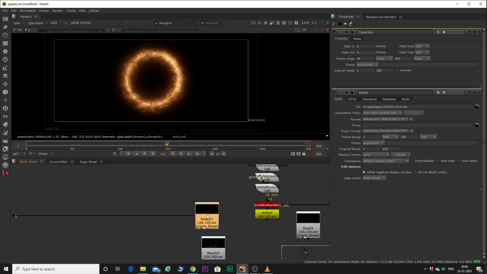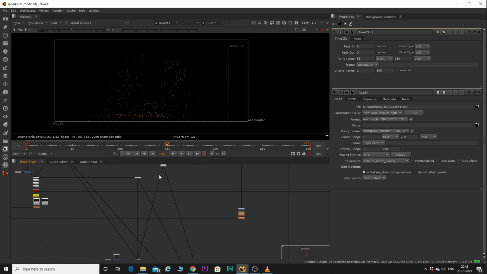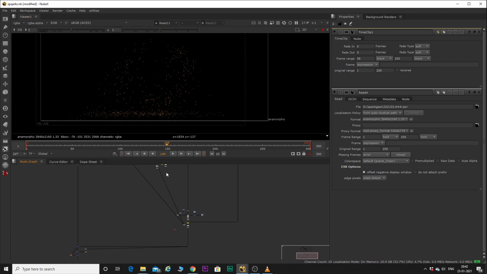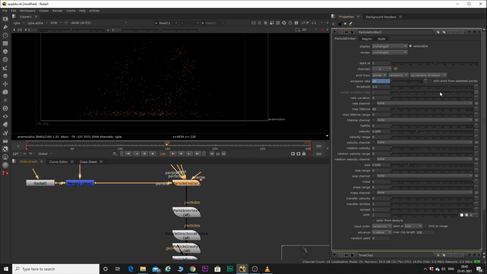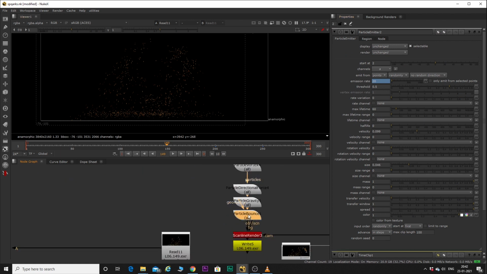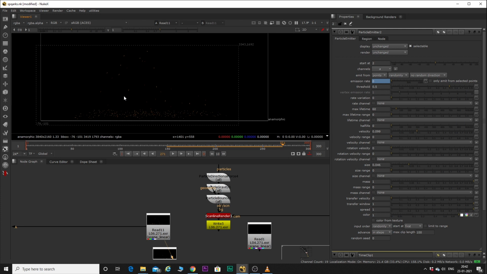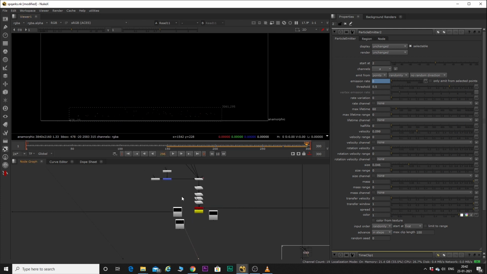The next layer is the same stuff, but some particles that are falling and bouncing off. I've used the same emitter, these geos. The velocity is the same. The max lifetime is 60, and I've added a particle bounce to it, but this time I've not added any rotation because I just want them to fall down. So this is what it looks like. And at the end of 250, I have reduced the emission to 0. The last particles just fall off and bounce.